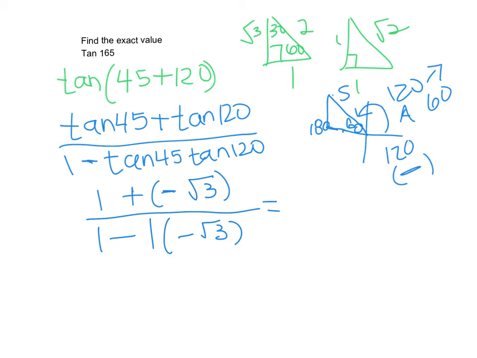All right, so I clean this up and write this correctly. It's going to be 1 minus radical 3. And then in the denominator, I'm going to have 1, and then 1 times the negative radical 3 is still negative, but a negative and a negative turn into a positive. So I get 1 plus radical 3. Okay, now at this point, these guys look really similar, but they're not the same value. Okay, so don't cross anything off right now